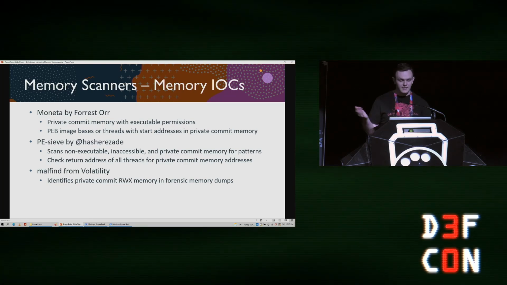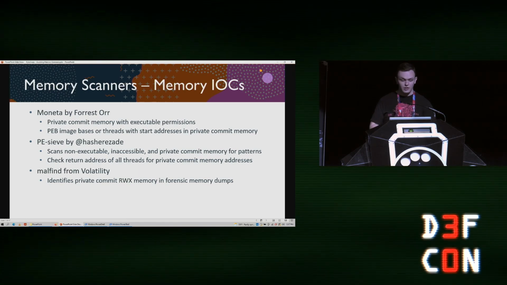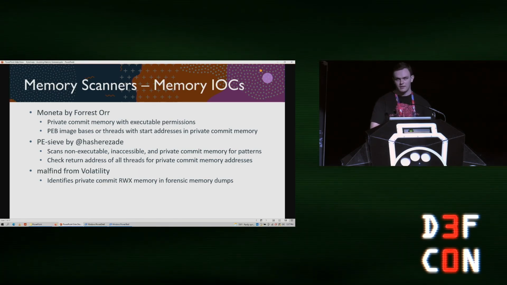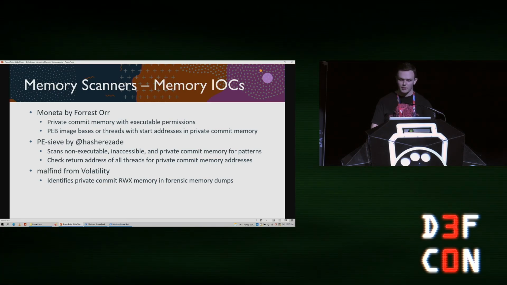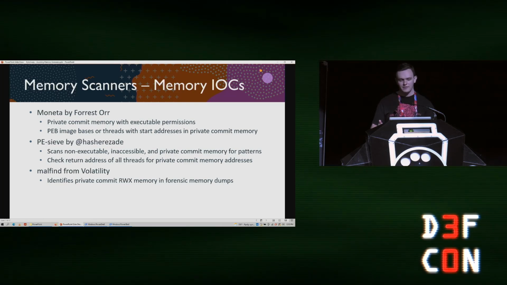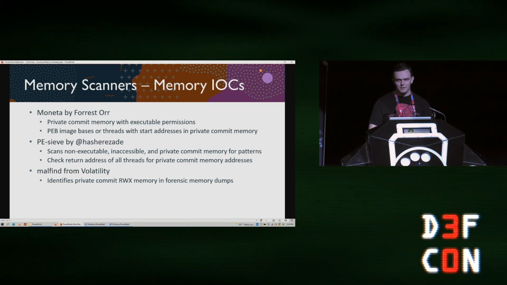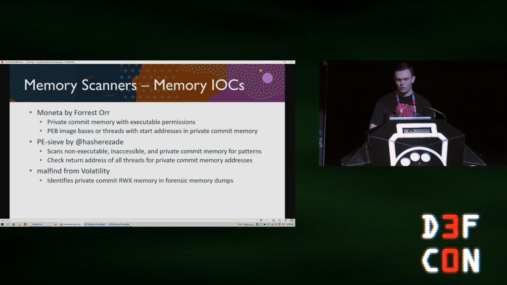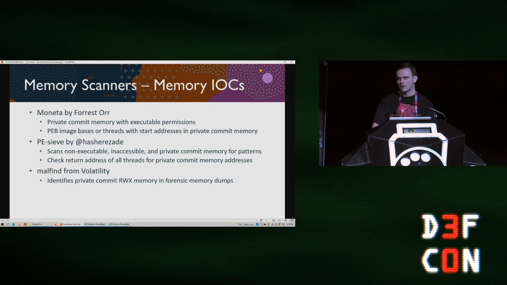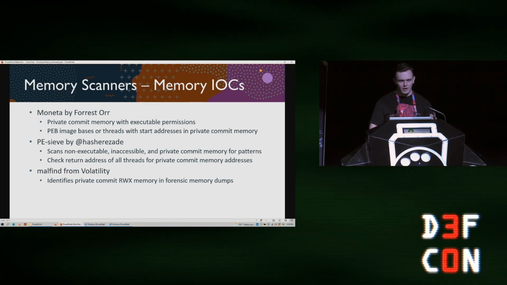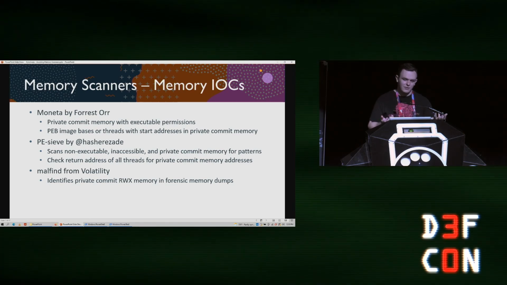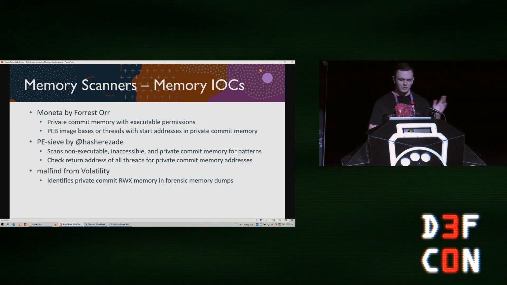We have PE-sieve, which can actually scan non-executable or even inaccessible memory, like no-access protected pages, to look for patterns. PE-sieve doesn't use YARA, but it is sort of pattern matching, or at least part of it is, where it can look for bytes that look like shellcode, especially Cobalt Strike, or even XOR shellcode, which we'll talk about a little bit later.